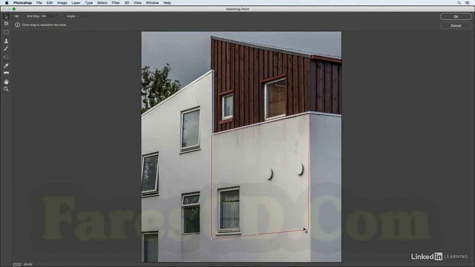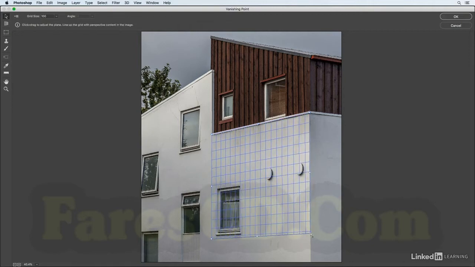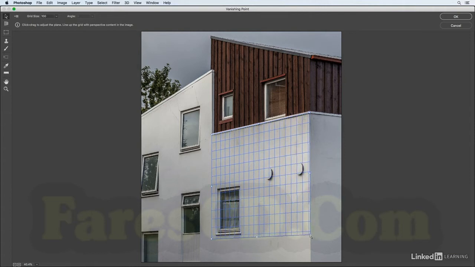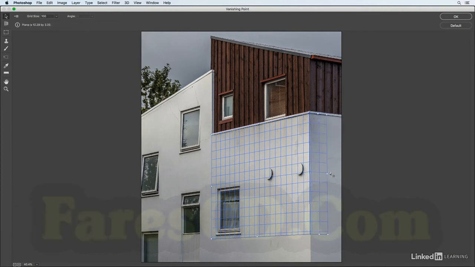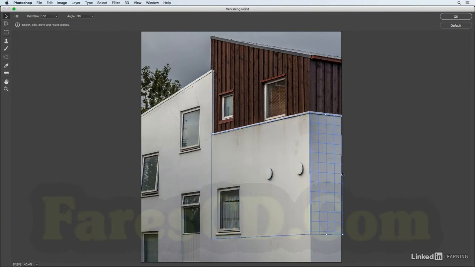It doesn't actually exist in nature, but sure enough, just making a quick little refinement there in order to match the bottom of the window gives me this blue plane, which enables me to do what we want to do, which eventually is to paste an image in. But I want the image to not only fit along this portion of the building, but also the side of the building. So I'll hold down the Command key on Mac or the Control key on Windows and drag out my secondary plane. Then I'll select the corner point and just drag that down in order to match the perspective.